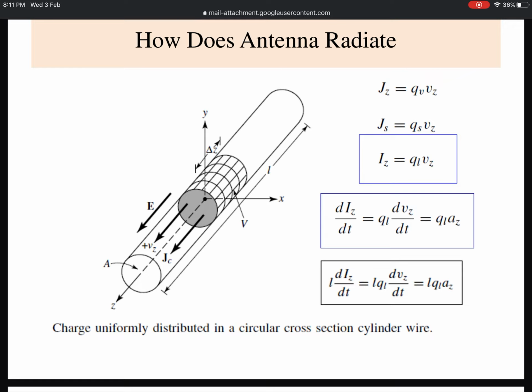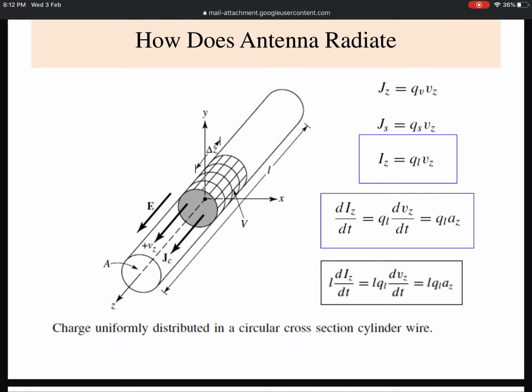Now this is what tells us how and where a wire can radiate. So diz/dt is what? The time varying current, due to which the acceleration az component is coming, which is the acceleration along the z direction. So somehow to get the radiation from a wire, we have to have a time varying current. If the current is DC or uniform and the wire is very straight, then I cannot expect any radiation out of it.